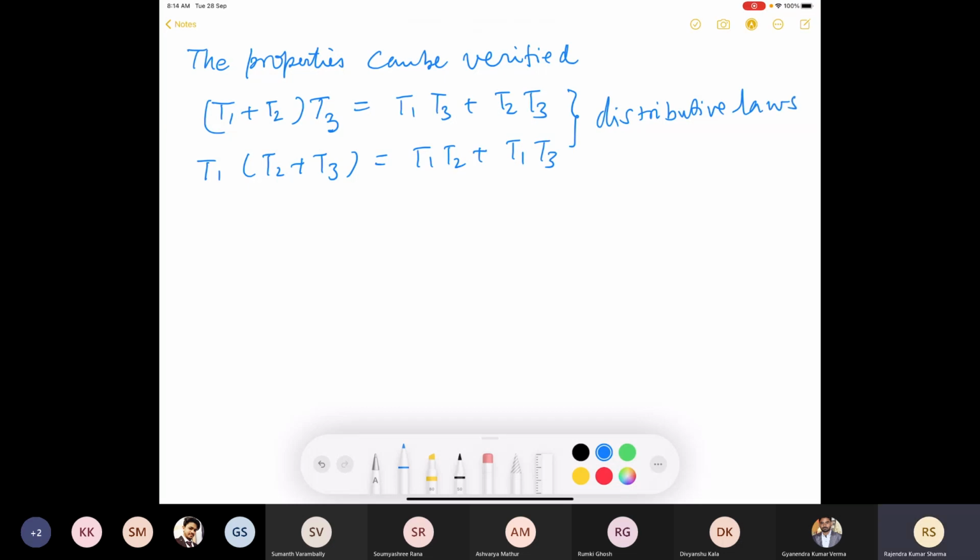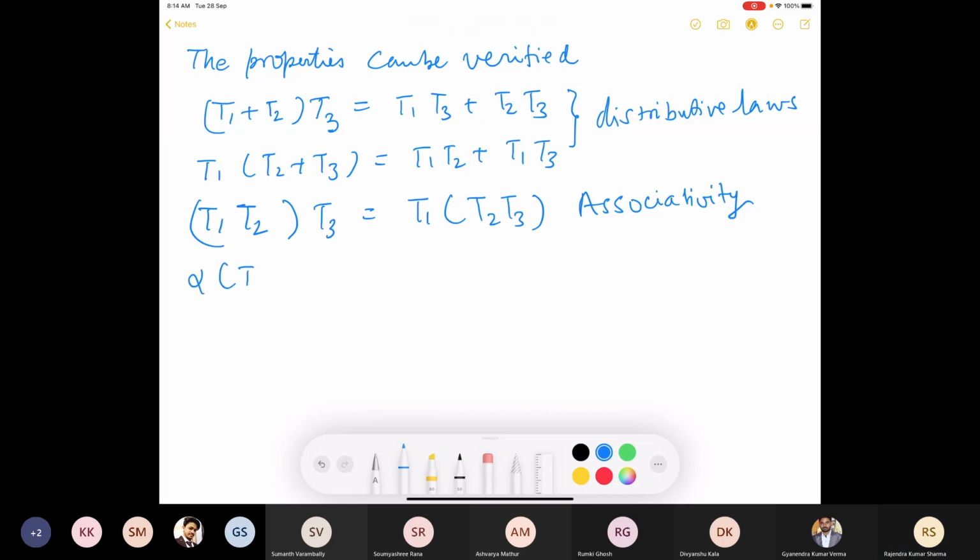Right distributive law and the left distributive law. This composition, or this product, is actually associative also. So you can verify that T1(T2 T3) is the same as (T1 T2) T3, associativity. You can also see this for alpha (T1 T2). Now, once T1, T2 are homomorphisms, as we have proved, T1 T2 is also a homomorphism, and this Hom(V, V)